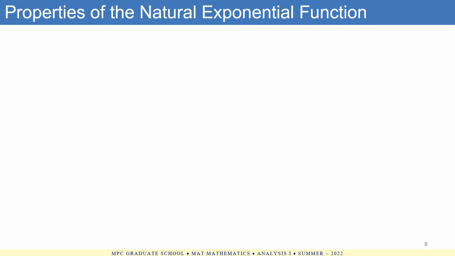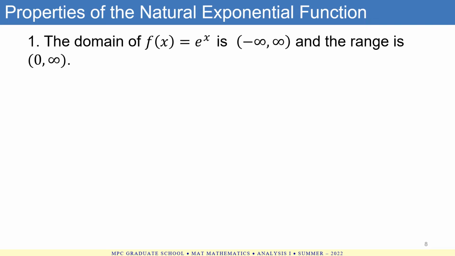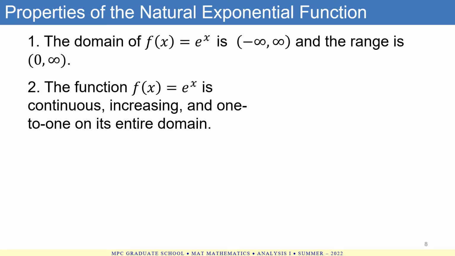Next, let's discuss the properties of the natural exponential function. Number 1, the domain of f of x equals e raised to x is from negative infinity up to positive infinity. And then the range is from 0 to positive infinity. Number 2, the function f of x equals e raised to x is continuous, increasing, and one-to-one on